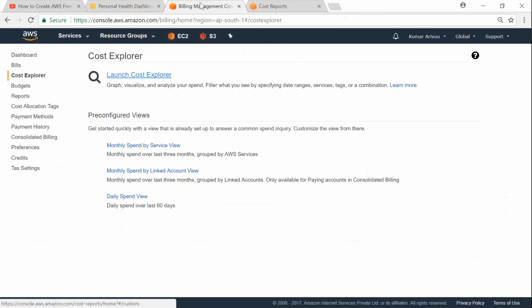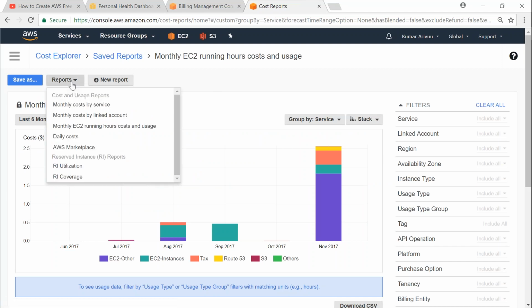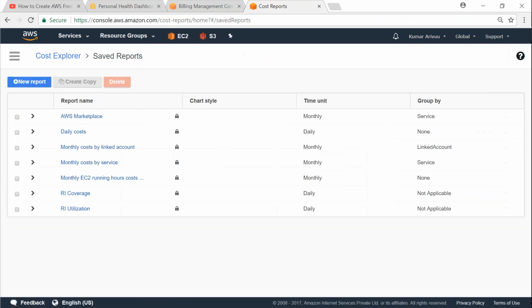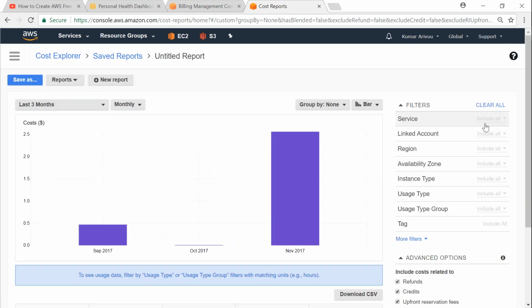Let us go back to building dashboard here. So you can configure any type of chart you want and pre-select it. So you can see here there is a new report, and then you can configure it for any of those other services also, and have a predefined chart. So if you come here quickly, you can see what are your saved reports and see there. So these are all the default charts provided by Amazon, and if you create your new report, you should be able to customize it. So let us go ahead and click on new report